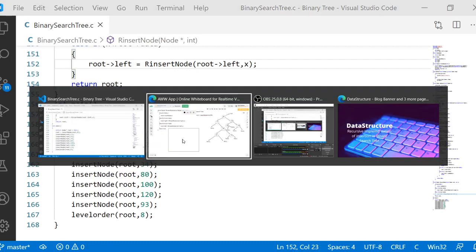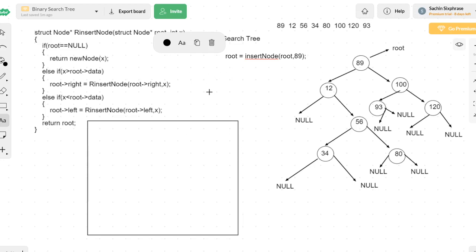Now coming here, whenever a function is called, an activation record will be created in your stack. So you create an activation record in the stack, inside which you will require two memory blocks: one is for root, the other one is for x.